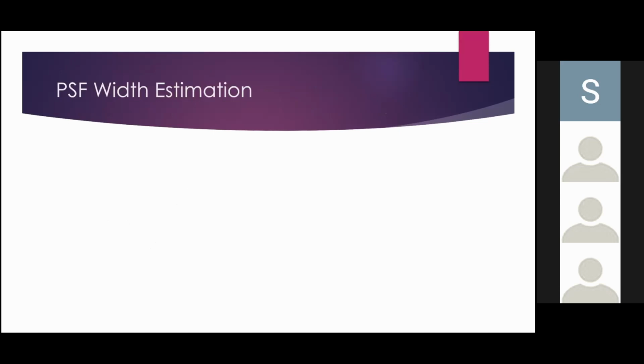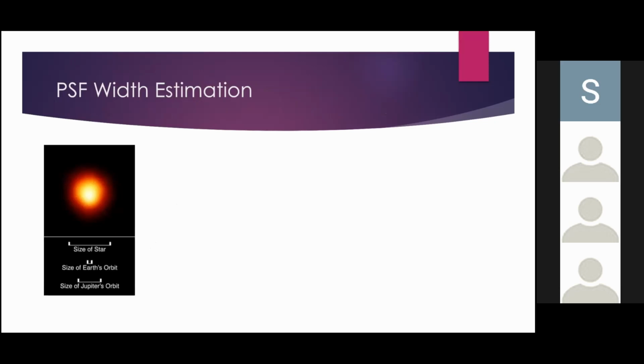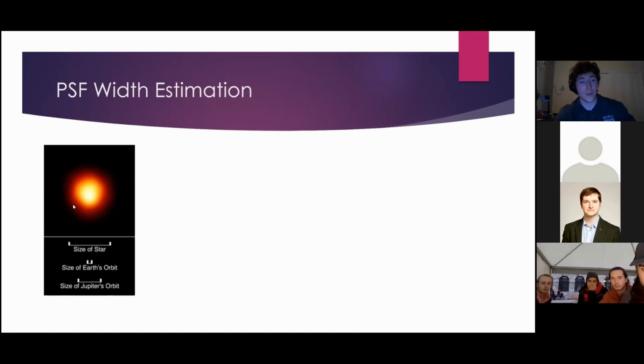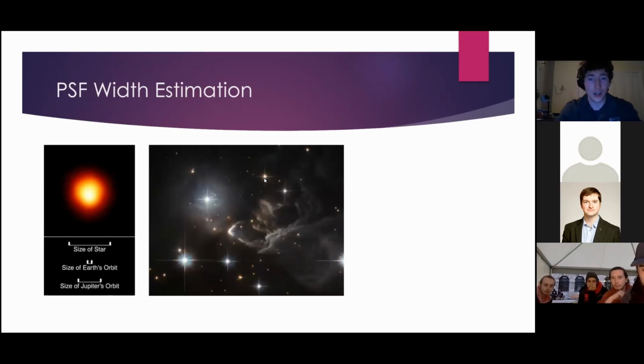So firstly, we have to find an estimation for the point spread function. What is that? Well, this is a picture from Hubble of Betelgeuse, which is a supermassive red giant. I think it's pretty close to us, meaning when we look at it, we are seeing its true width. Just like when we look at the sun, we're seeing its true width. But when we look to more distant stars, the impression of width here is false. These stars are so far away that they're functionally point-like in terms of our angular field of view. This impression of width just comes from